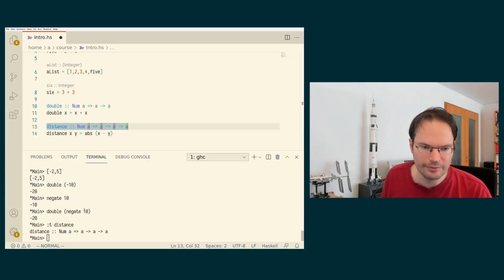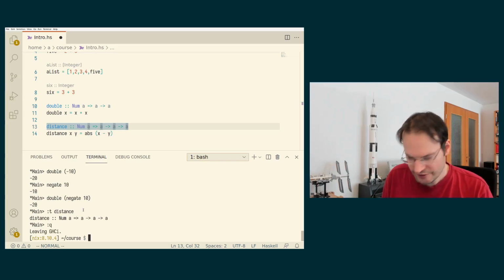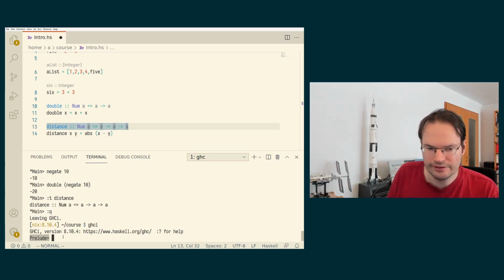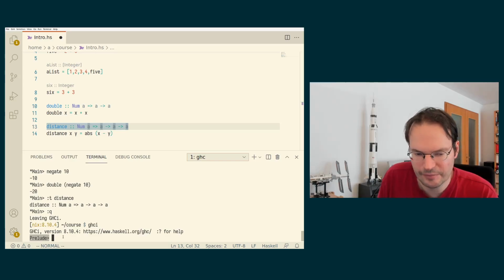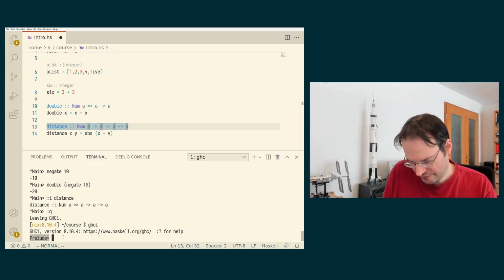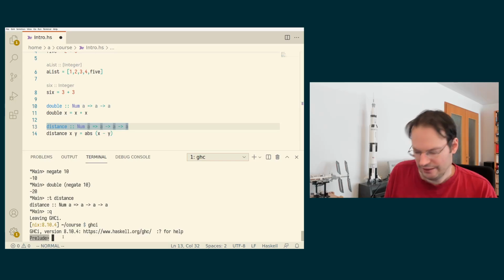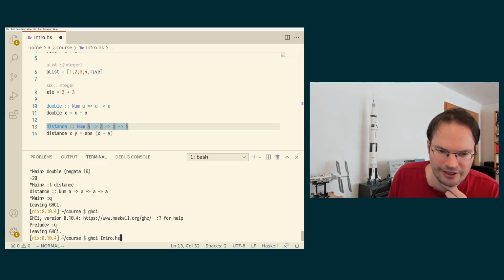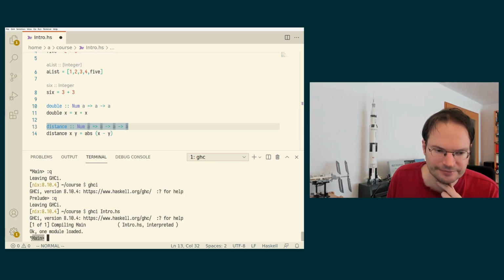That is also, by the way, the reason why if we just start GHCi without any arguments, we get Prelude here as the GHCi prompt, because it tells us that the Prelude is the module of which the functions that come from the Prelude are currently in scope for us to work with, right? And we have seen that this changes if I call GHCi with the intro.hs file: it says star Main, and it also says compiling Main, and that is because